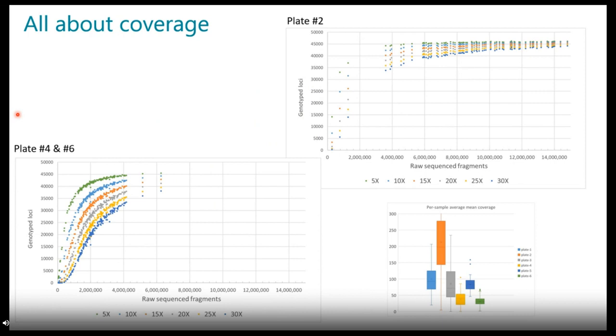Here it's a more detailed view if we split the data across plates. If we look only at data from plate 2, which is the over-sequenced plate, we can see that all the data points are completely saturated, and there is a very high coverage of genotyping, actually more than what is needed in terms of cost per data point. On the contrary, plates 4 and 6 are still on the slope of reaching a good saturation point, and that's why they need more sequencing data to have at least a median of 4 million fragments per individual.